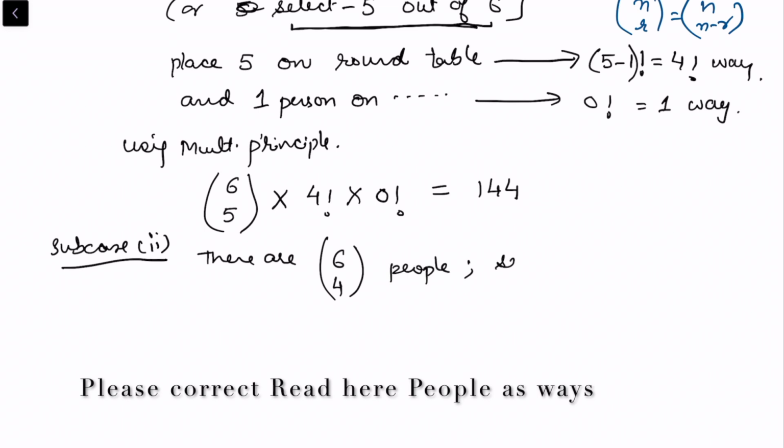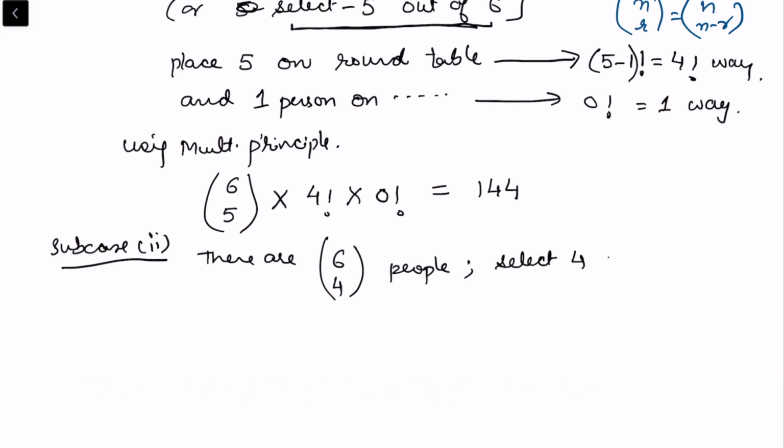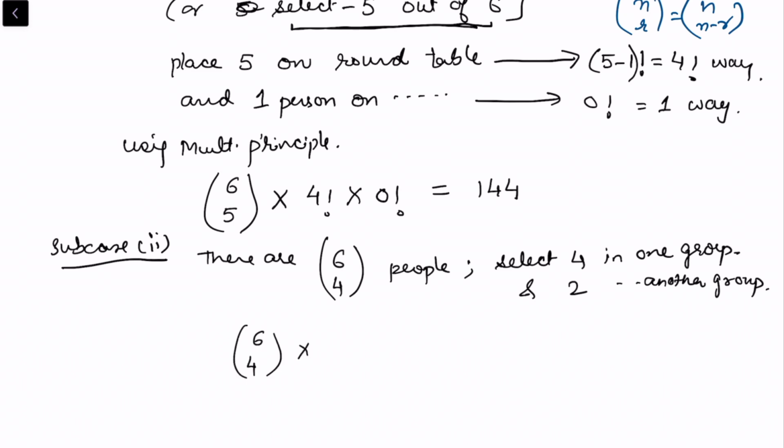Okay, and here we selected 4 in one group, which will go on the first table, and selected 2 in another group, which will go on the second table. Now obviously again 6C4 into 4 people on round table. So 4 people on one round table